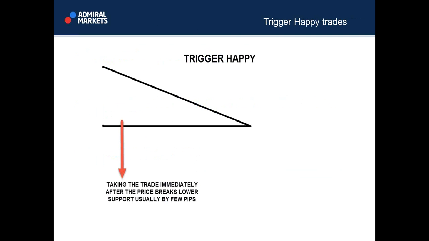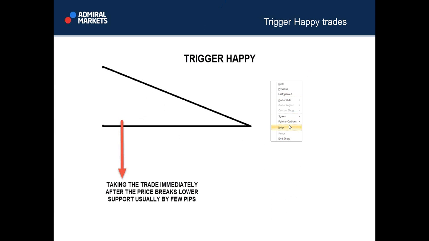Triggerhappy trade is a trade which... I will be using the same. This is basically a flat bottom descending triangle. And usually when you see a flat bottom descending triangle, you want to take a trade in the short direction. Because when we see this trend line and this bottom line, we expect the breakout to happen in the short direction,